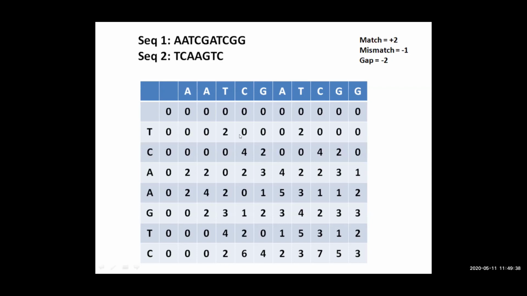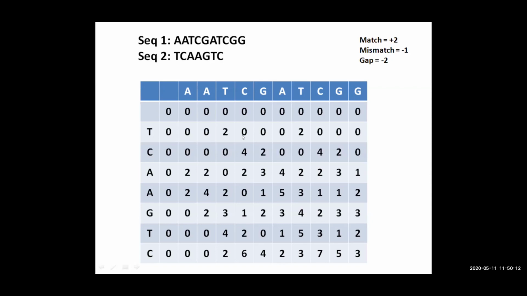So then you go to the second. Same thing will happen here also. All these values are 0 like the previous one, so it will also be 0. Then the third one, if you go here, if we consider this one, the value will be 0 -2, so it should be replaced by 0. Here also 0 -2, it should be replaced by 0. But here there is a match, T to T. So the matching score is 2. So it will be 0 plus 2 is equal to 2. So 2 is the highest or largest value, so it is 2.